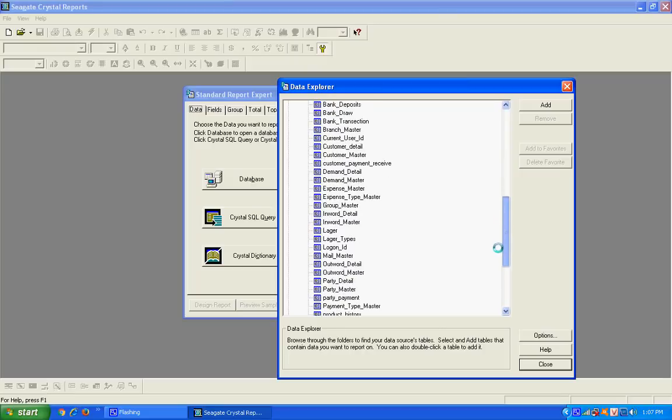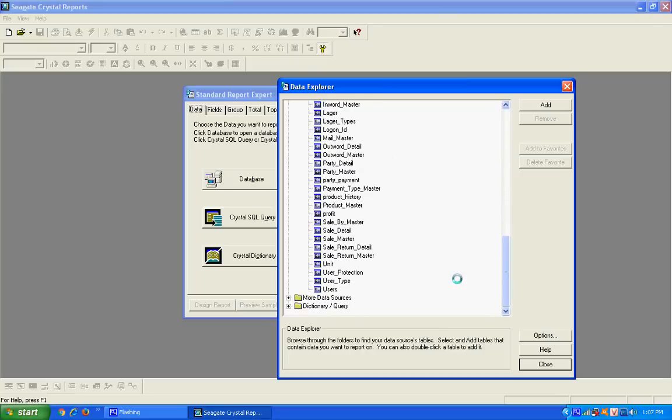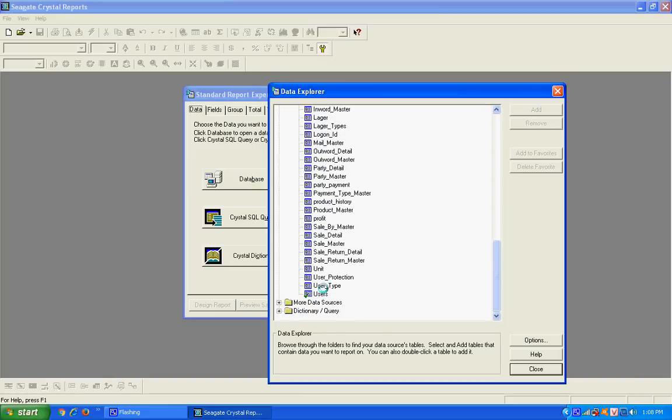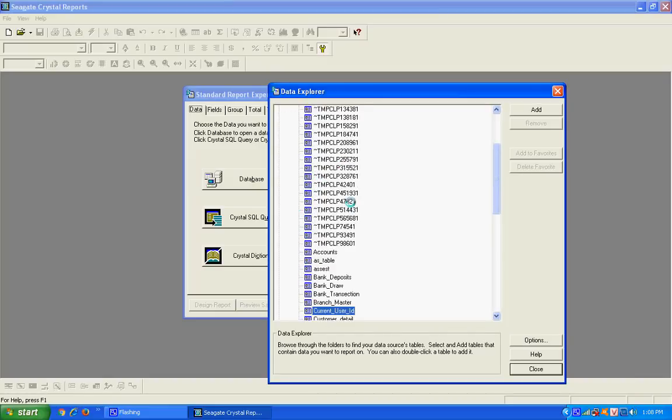Now I am going to open our database. This is the database open. Here we need to add the tables that are used in this report. First of all, Users, where we store our company name, and next is our customers' data. I press the C button: Customer Master, Customer Payment Receive and Customer Detail.